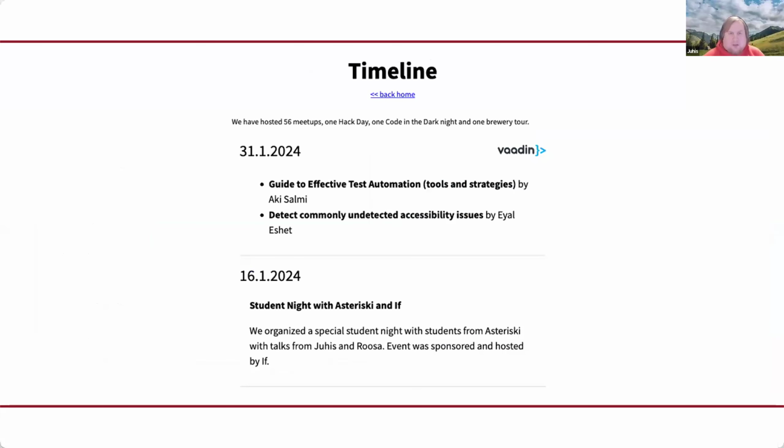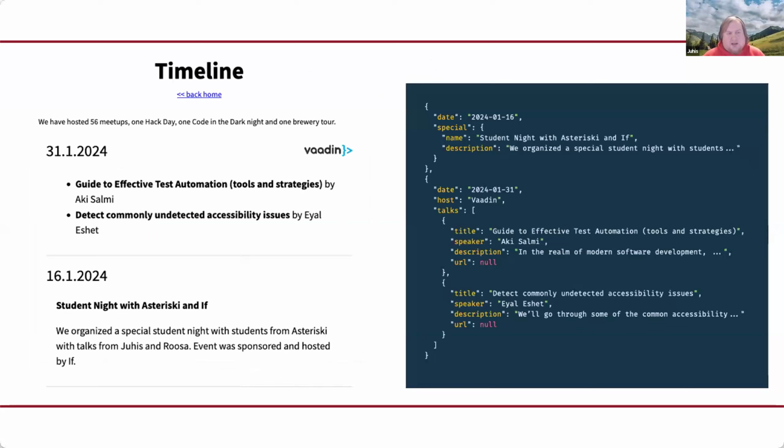And we have a similar page for the history, the timeline of all the events that we've done, where we have the event, date, the host, and the talks that people have been giving. And this lives in a separate file. And then, because it's JSON and it's not typed in any way, we can just use any kind of special